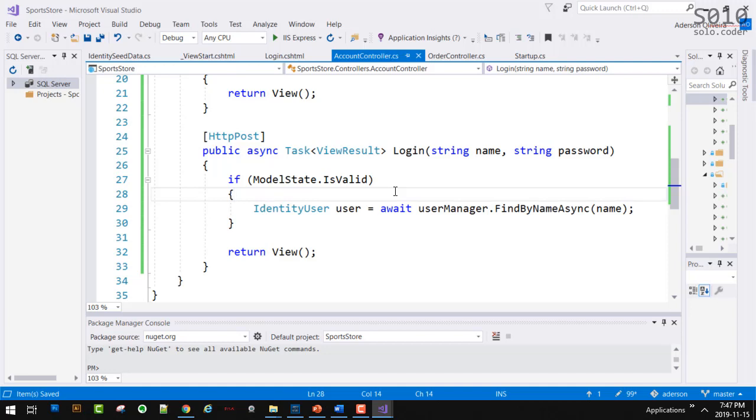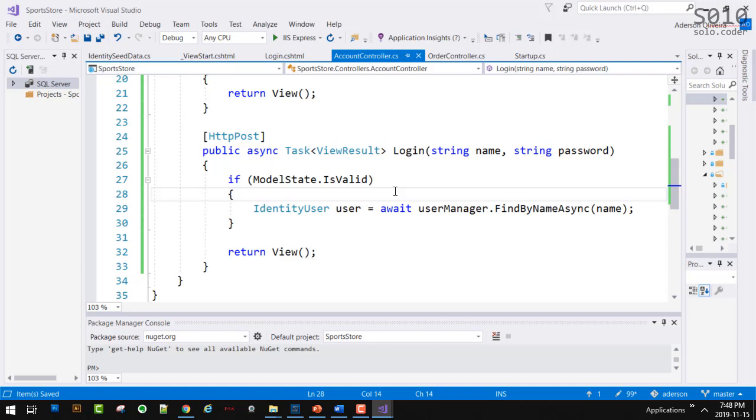So the point is this. Whenever you are using an action in a synchronous method like this, the action has to be asynchronous and it has to be wrapped inside the type task. That's what I would like you to take away.